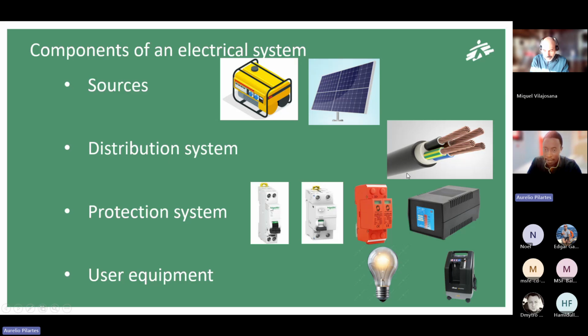So just to make a bit of detail on this protection system, we will see furthermore what the purpose of an MCB, of an RCCB. MCB stands for main circuit breaker. The RCCB is the residual current circuit breaker, the surge protection device that we commonly call SPD, then the AVR, automatic voltage regulator, and other devices like UPSs, which stand for uninterruptible power supply. So let's go and move forward if there's no questions about these components of an electrical system.